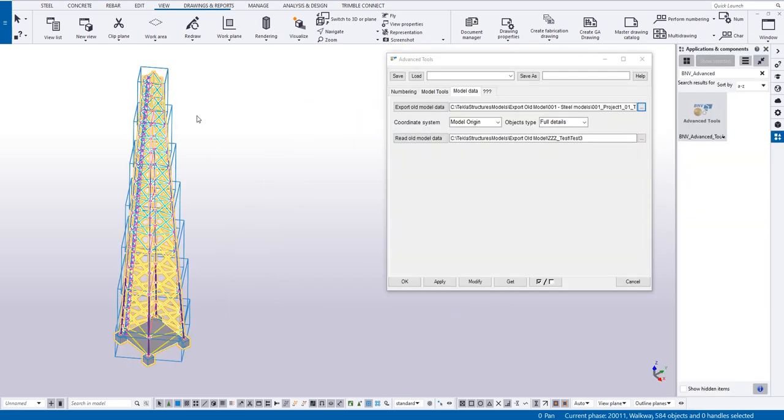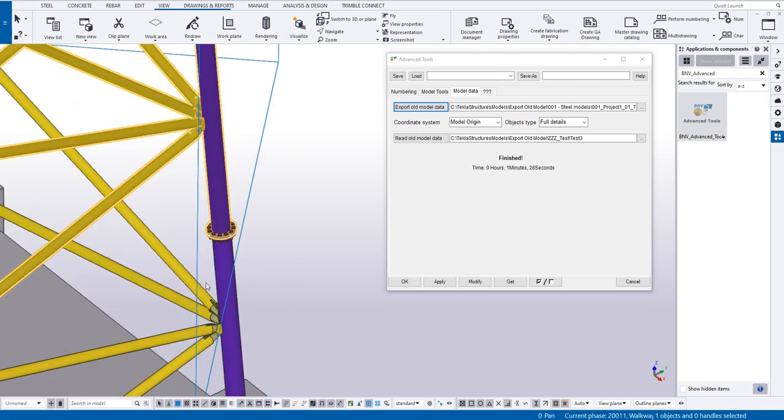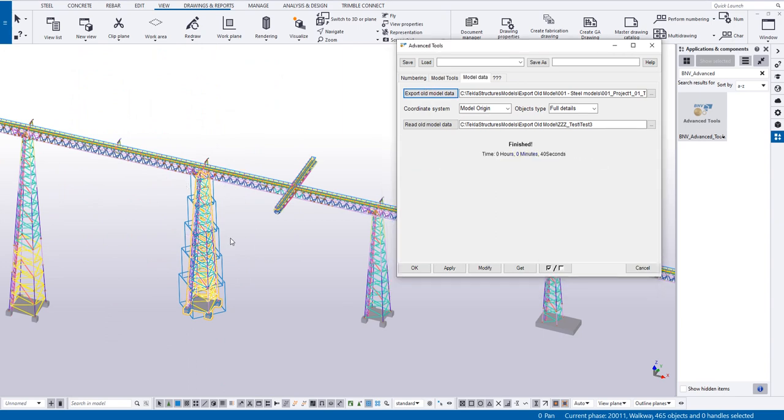Now we export TD1 support 1 to a data file. The tool exports all the object models to a data file, including beam, bolt, weld, cut, surface treatment, reinforcement, assembly, and super assembly, that is finished now with full detail for our structure.